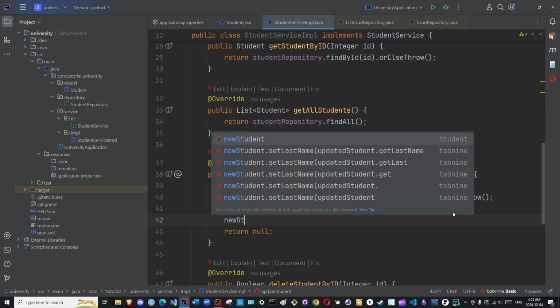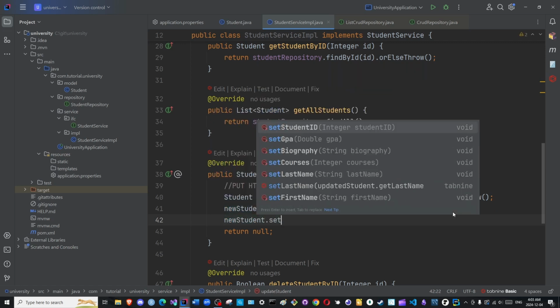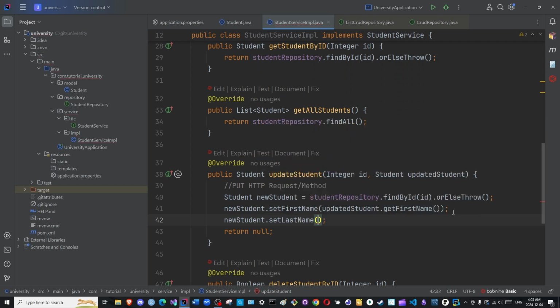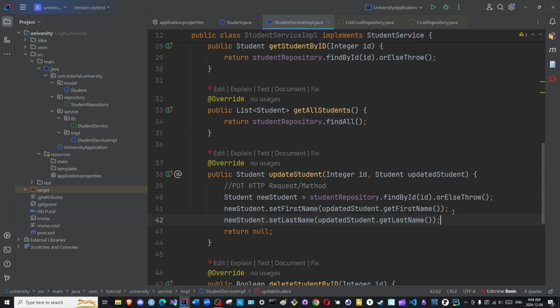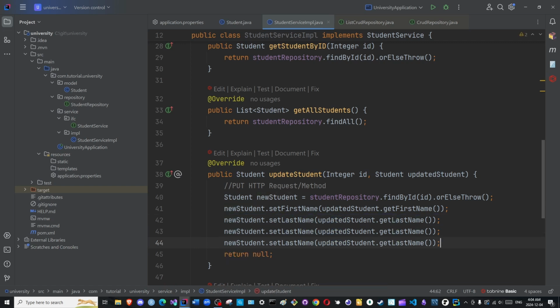Then we will repeat the same process with last name, GPA, biography, courses, and so on and so forth. Updated student dot get last name. Remember, this is the updated one. This is what we want stored in the database. How do we store it? Through this process here. And then we will repeat the process. I will utilize the Zahi way all the way. So this will be